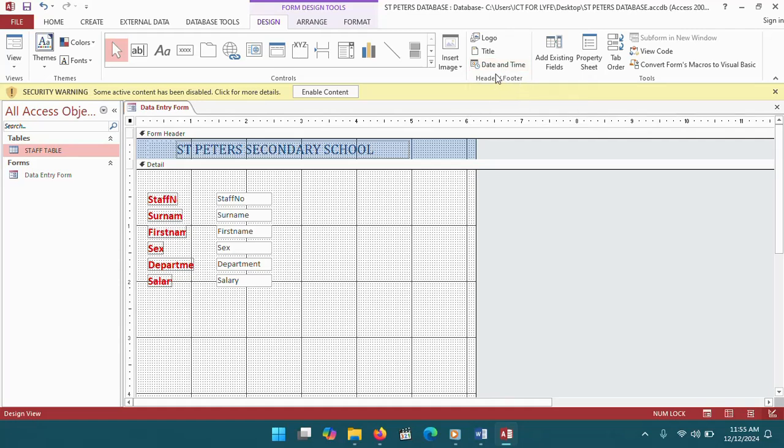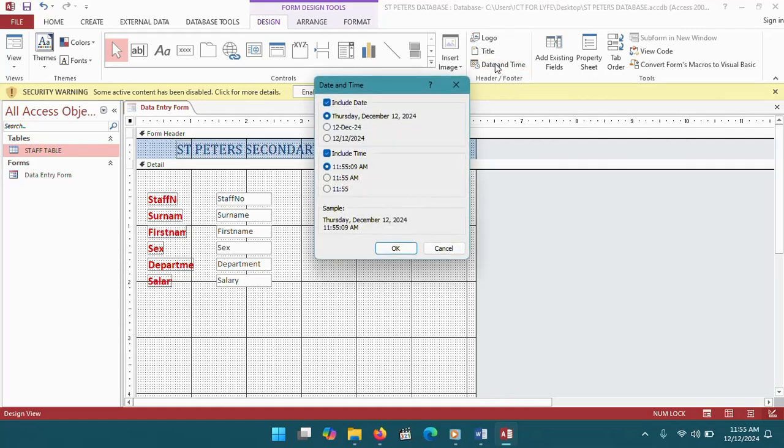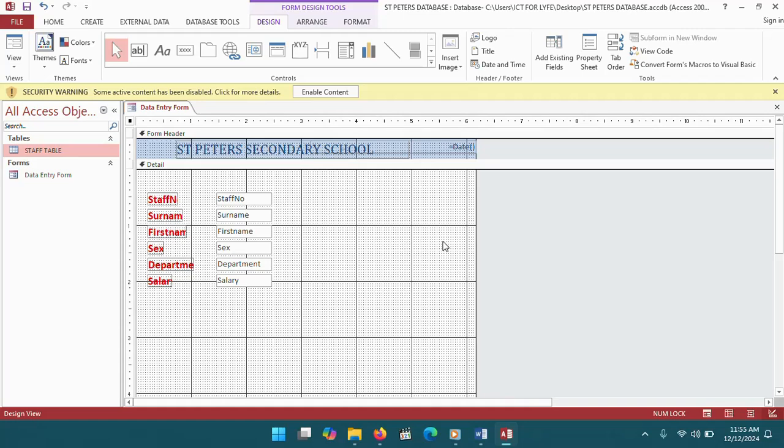For example, I want date and time. I will come and click on date and time. Then here you can include both date and time, or you can include only one of them. For example, if I want only date, I will untick this box for include time. So it means I'm only going to use a date. So you can also select the date format that you want to use. So I'm going to leave this one here, and I will click on OK. So when you see here, you can see there is equal